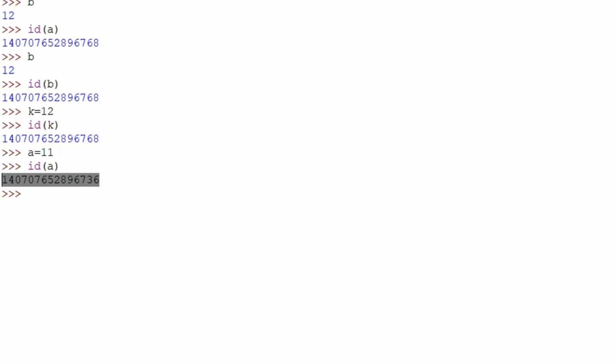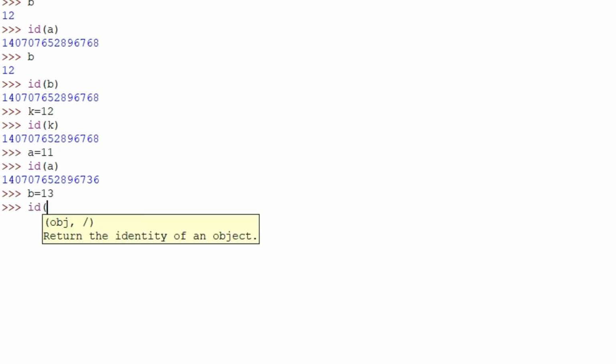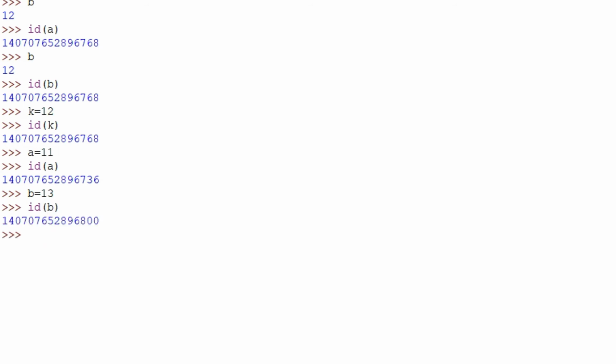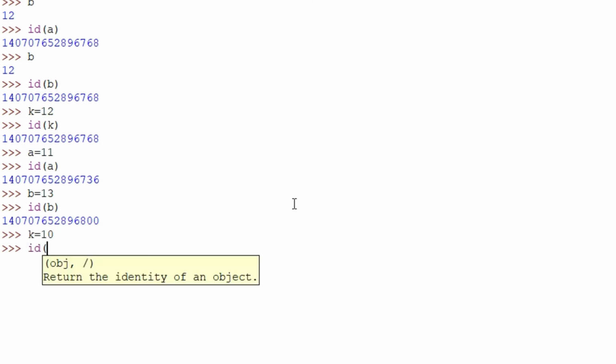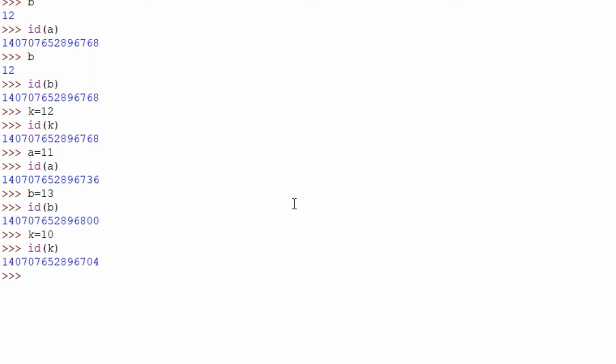It means the address has changed. Similarly, I'll assign variable b also, and check the id of b. I'll get a different one. I assign k also, and take the id of k, and this one is also different.